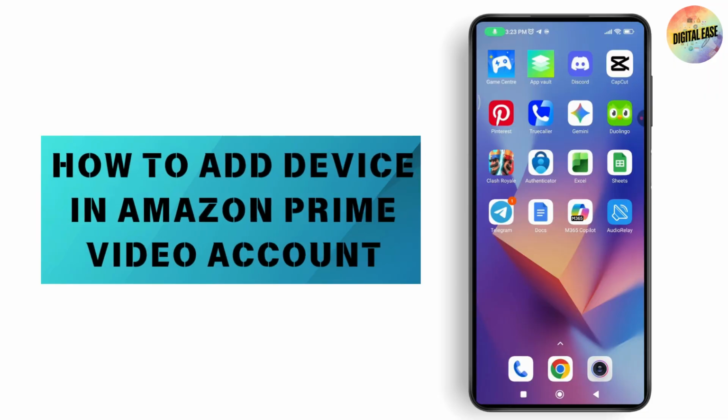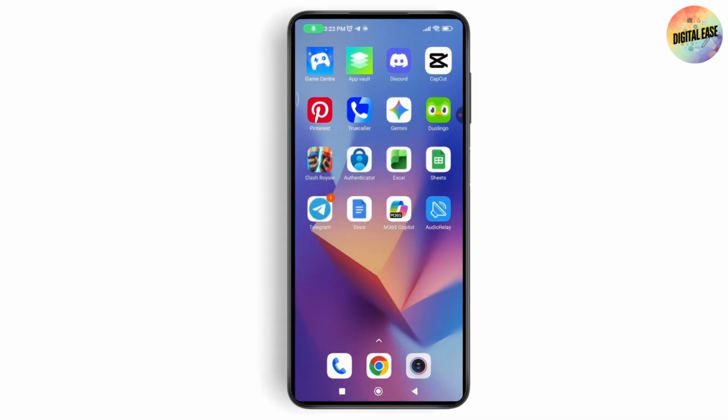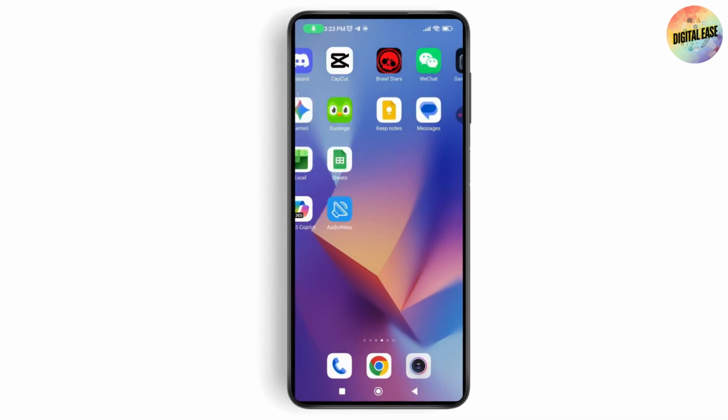How to add a device in Amazon Prime Video account. So if you want to add a device in Amazon Prime Video account, then what you need to do is first